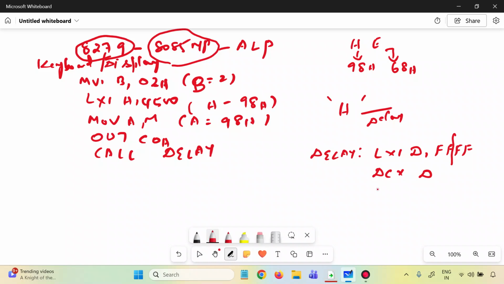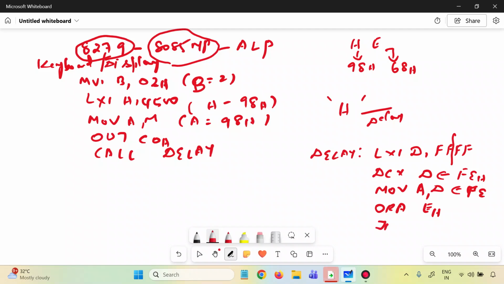So I'm decrementing, and then I'm moving your D content to your accumulator. So you're decrementing D, FF becomes FE. Now FE will be moved to your accumulator. So that is MOV A, D. So FE will move to the accumulator. Now what do I do? I'm doing an OR operation with E. So you're decrementing your D and then you're doing an OR operation with the E content. E content is FF. So A content is FE. So you're doing an OR operation of the accumulator with the E content.